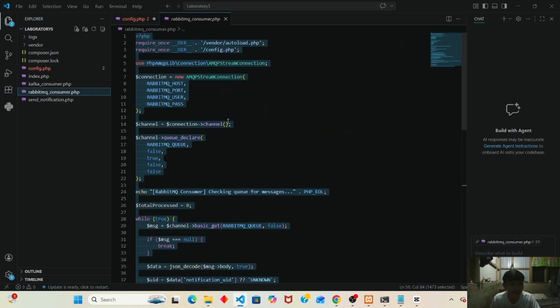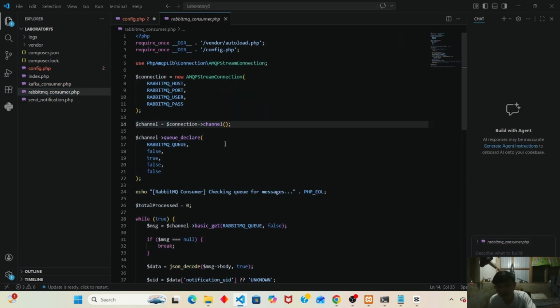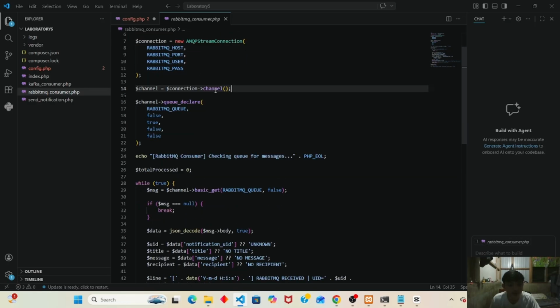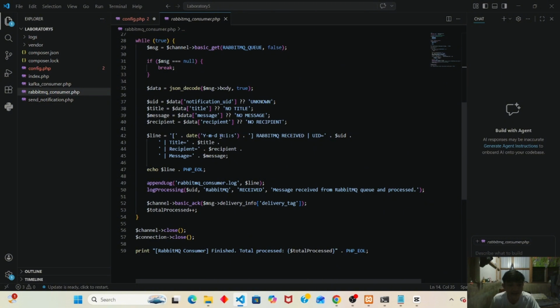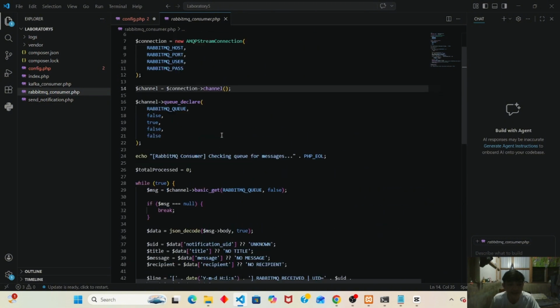Same also here in the RabbitMQ. Okay. So here in the RabbitMQ, we have here the RabbitMQ library, load dependencies. Okay. So this is the insides of the RabbitMQ.